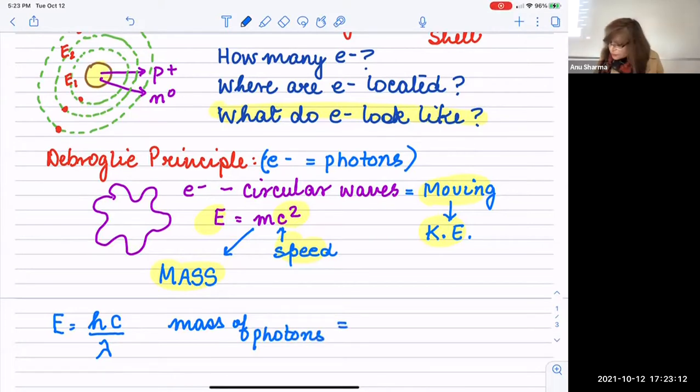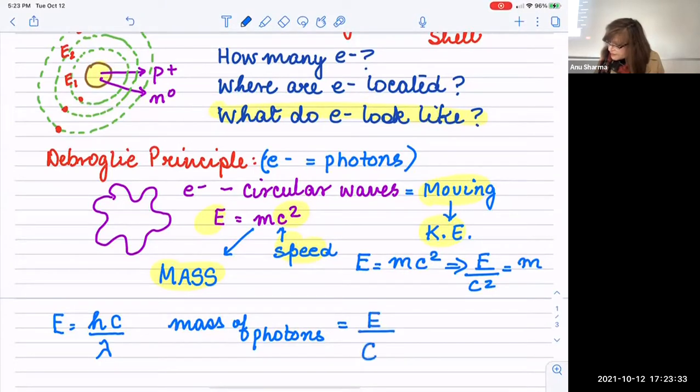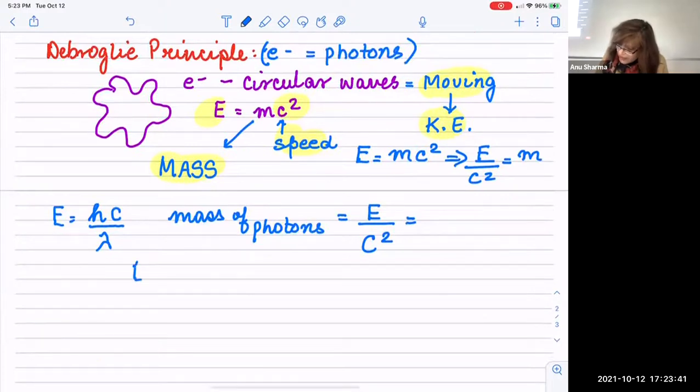The mass of a photon, using E equals mc square. When you rearrange this, you get E over c square is equal to m. So the mass of a photon is E, the energy of the photon, over the speed with which it moves. This is one piece, but that's not sufficient either, because we are using light as our